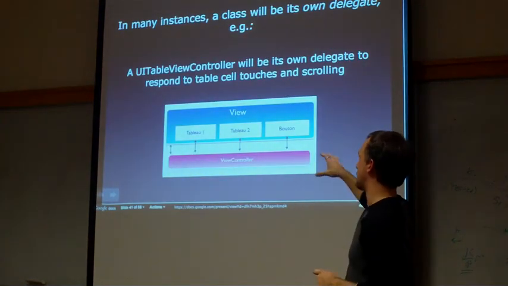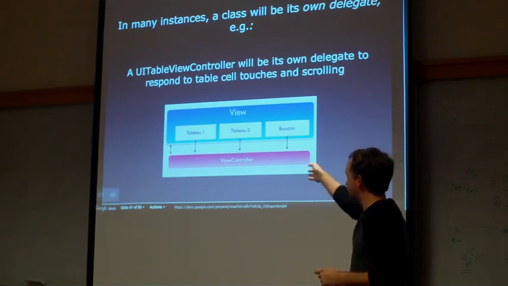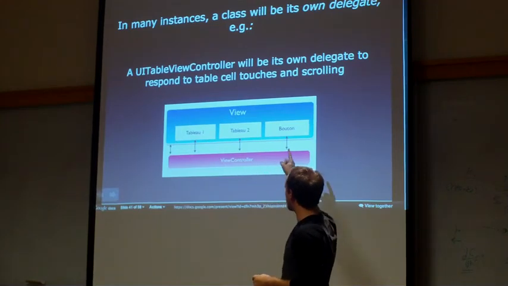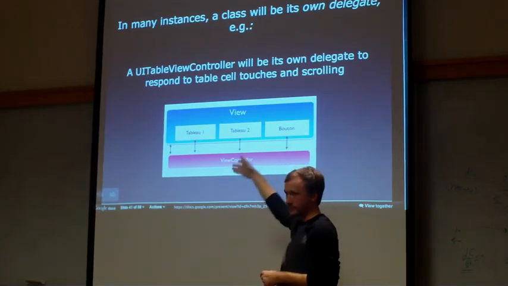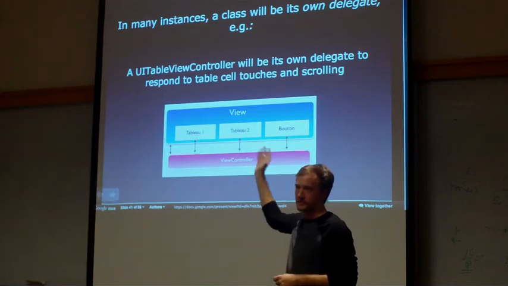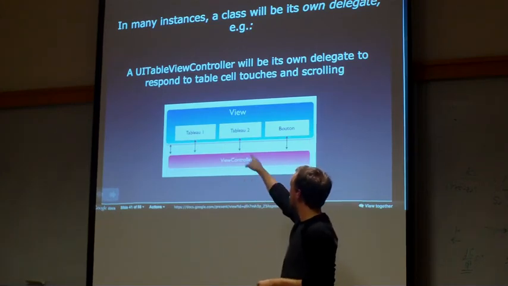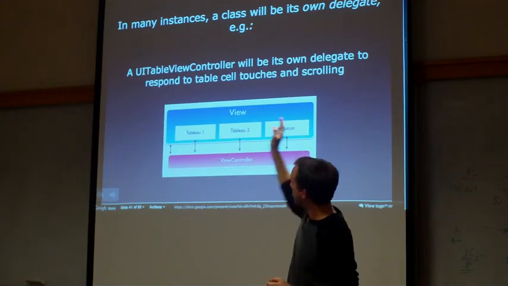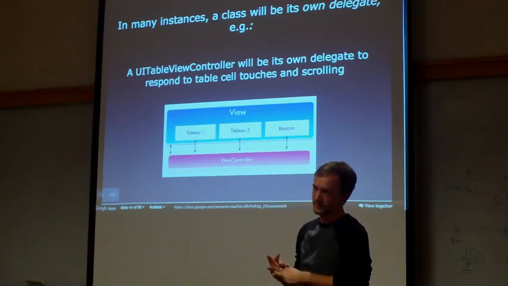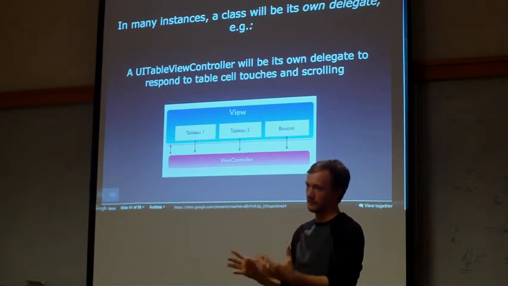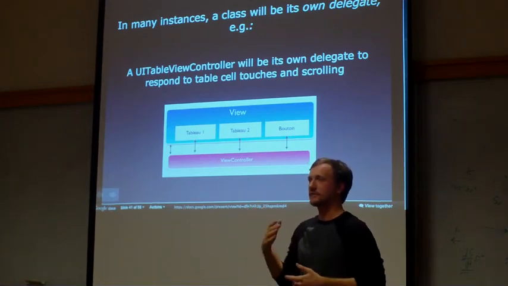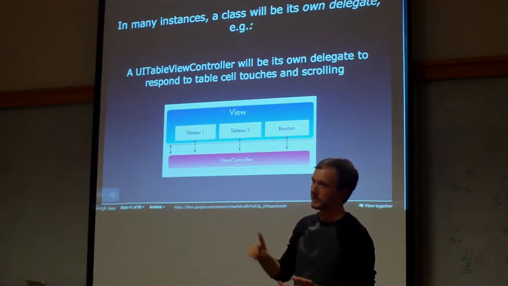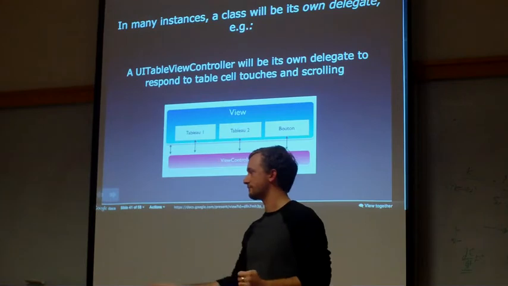This is a kind of graphical representation of a delegate. We have a view with a bunch of different stuff in it, in French I think. Table, table, button, inside of a view. So this is our view controller that contains all of this junk. Well, we have this view controller delegate that says, I am in control of all of those things, delegates. So you can have an object that delegates what button events do, what connection events do, what keyboard events do, all sorts of stuff.